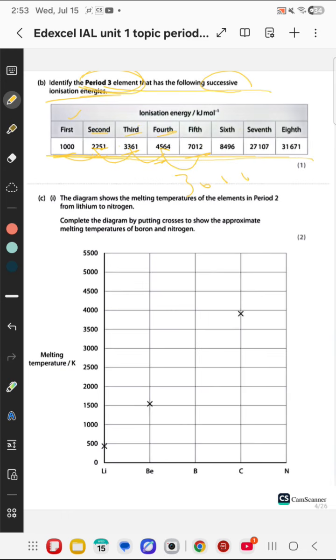After the fifth to the sixth, again there is a difference of about 1000 kilojoule per mole. So when they are giving you successive ionization energies for one element, first of all you look for where the big jump in ionization energy is. Moving from the fourth to the fifth there is a big jump, a difference of 3000. So it shows that this element can only lose 4 electrons, so this is an element which has 4 energy